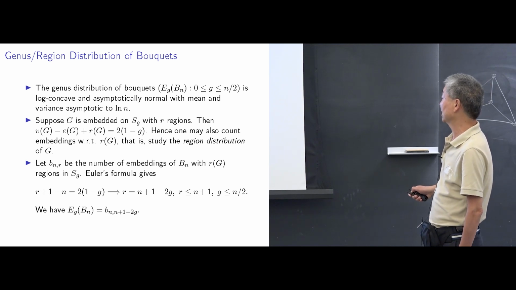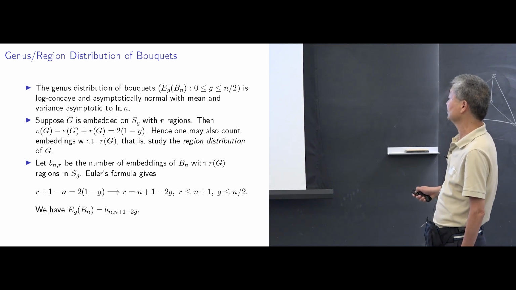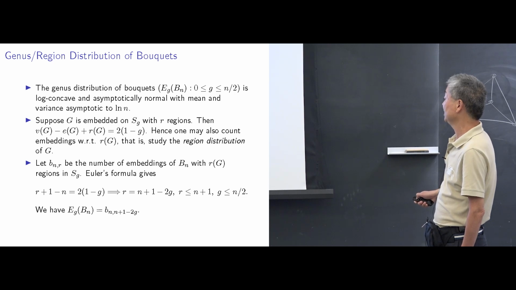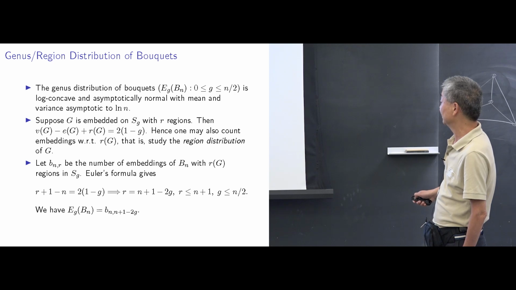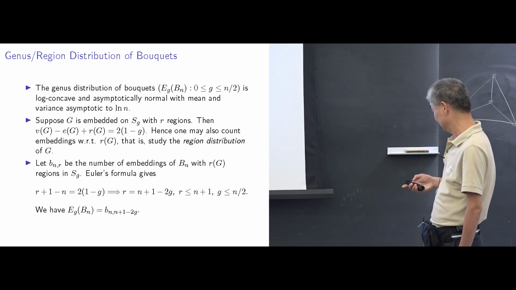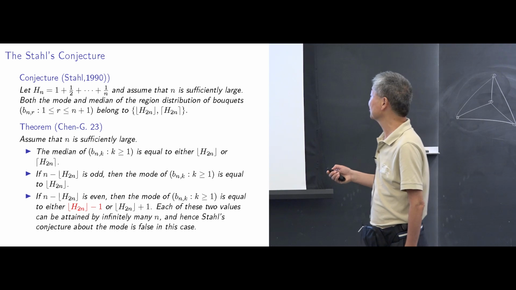So you can also talk about the region distribution, just by focusing on the number of regions. The connection is this. If we use little b to denote the number of embeddings with that many regions, then the conjecture is,